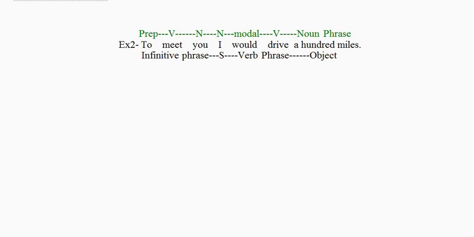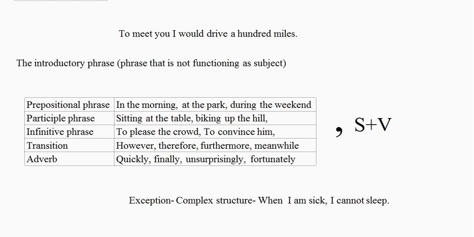For the second example, we have, to meet you, I would drive 100 miles. So all of the word forms are fine in this. The problem is actually related to the infinitive phrase, and I like to fit it into a larger explanation. I call the explanation the introductory phrase, and basically it goes something like this. Whether you have a prepositional phrase, such as in the morning, whether you have a participle phrase, such as sitting at the table, or you have an infinitive phrase, such as to please the crowd, or transition like however, or an adverb, something that ends with a ly, such as quickly. If any of these phrases sit at the beginning of your sentence, chances are you're going to need a comma with it